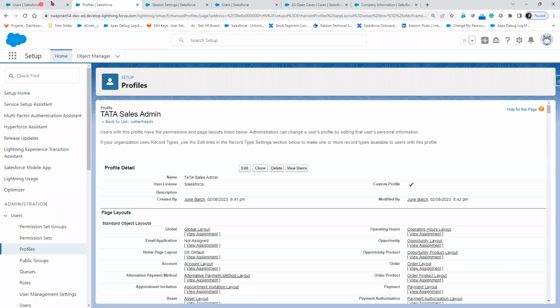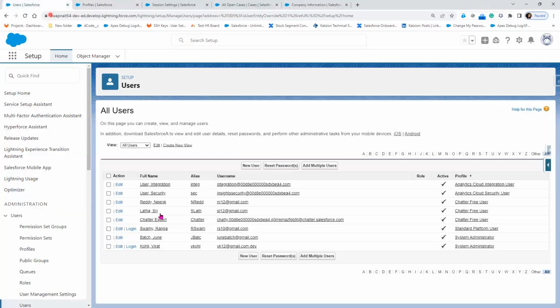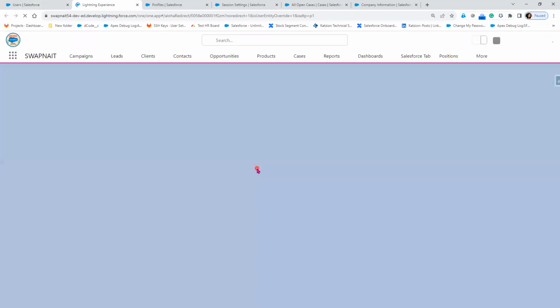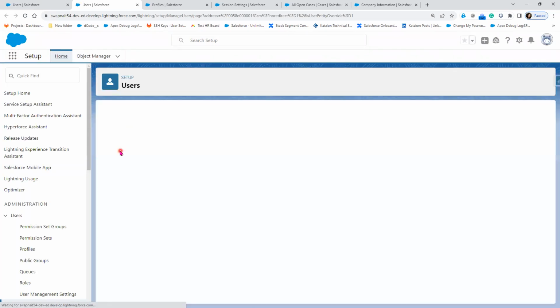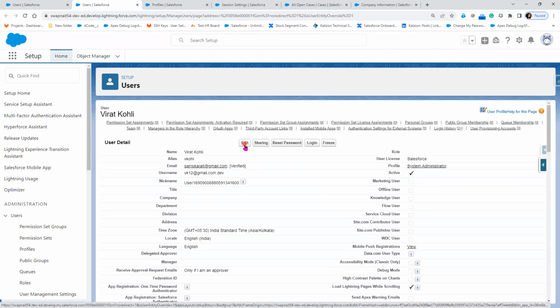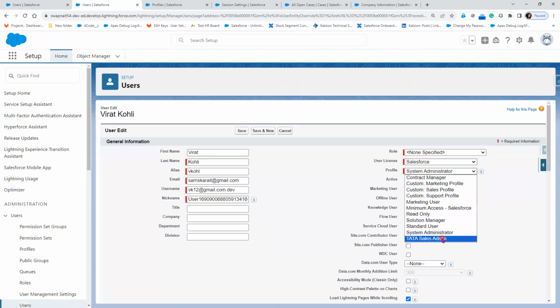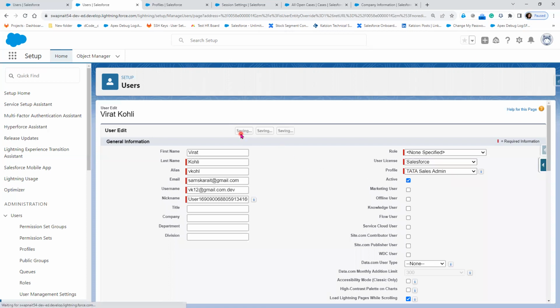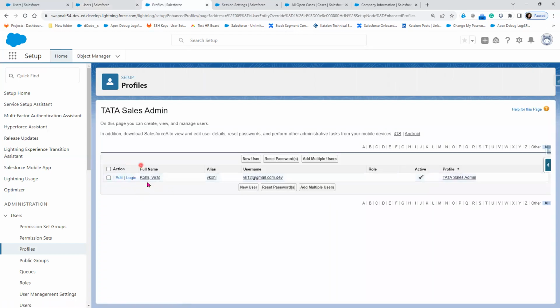Now what I'll do is the user is Virat Kohli. Now for this user, I'll remove the system admin and I'll assign the new profile that is created right now, Tata Sales Admin. Click on this users and then edit. Now I'm going to assign profile. For Salesforce license, I'm going to assign another profile which is called Tata Sales Admin. Now in this case, if I go to the view users, I can see one user is assigned to the